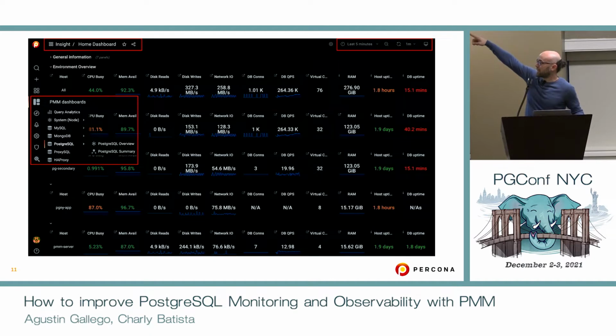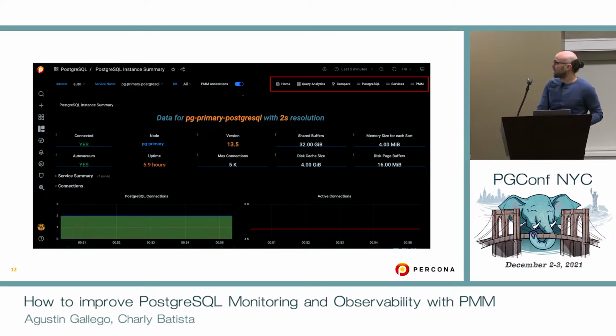In the top left side of the interface, we are always going to have the dashboard that we're in, and then we will have the time range and refresh menu there. Once we access a particular dashboard, for instance, we are in the Postgres instance summary here, we are going to have an additional way to traverse the different dashboards and even access query analytics, which Charlie is going to show